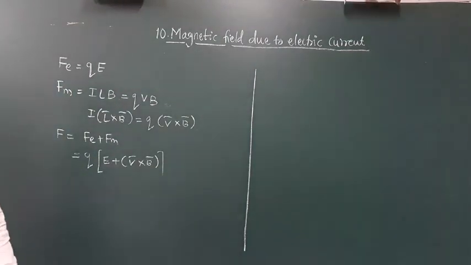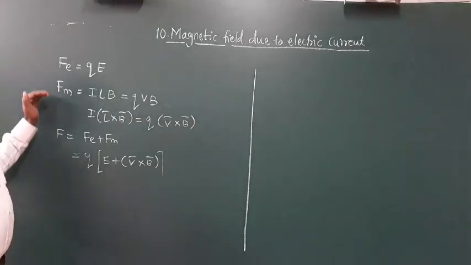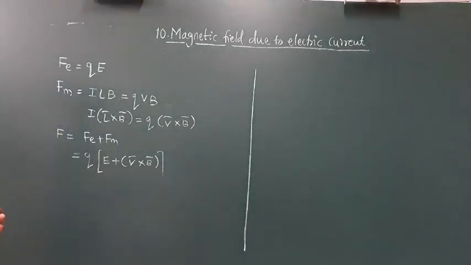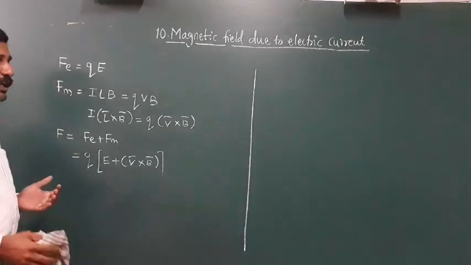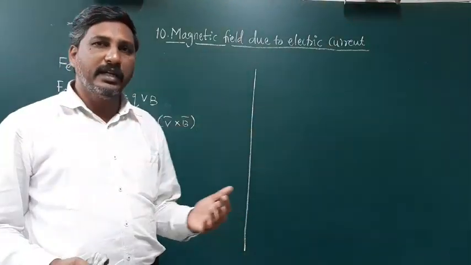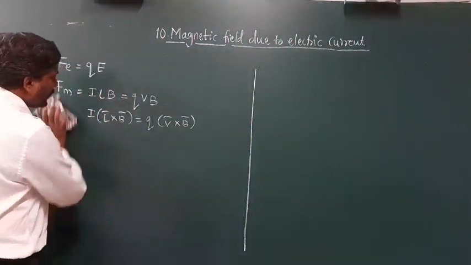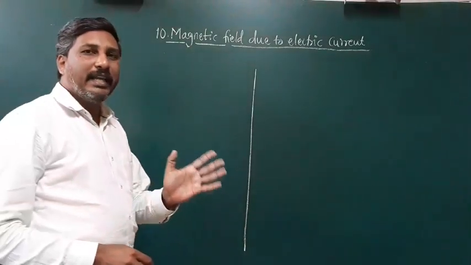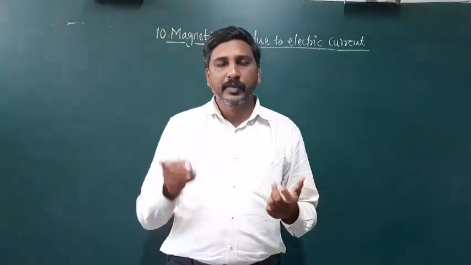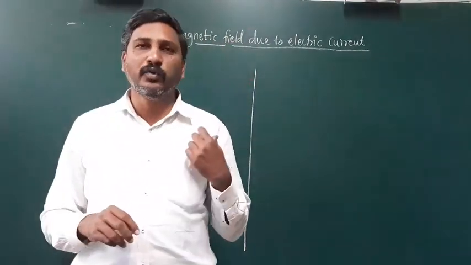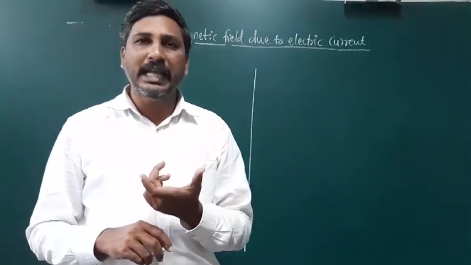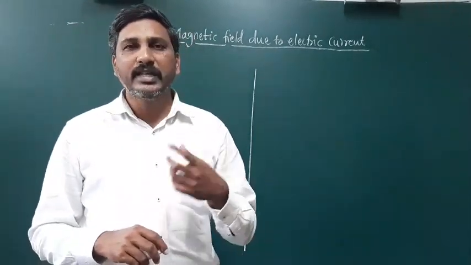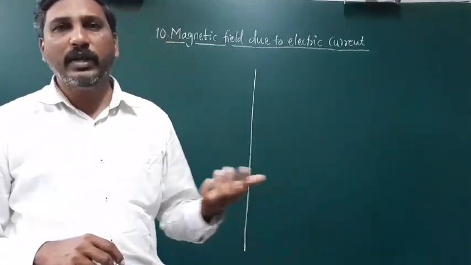Up to this part we discussed yesterday, and today we discuss the magnetic force acting on a straight conductor, then the magnetic force acting on an arbitrary shaped conductor. What are the derivations for the magnetic force for those conductors, that we have to discuss first. So remember the formula. Magnetic force is given by F equals I L B sin theta, or simply I in bracket vector L cross vector B, because force is a vector quantity, therefore between L and B there is a vector product, that is I L B sin theta if you simplify to calculate its magnitude.